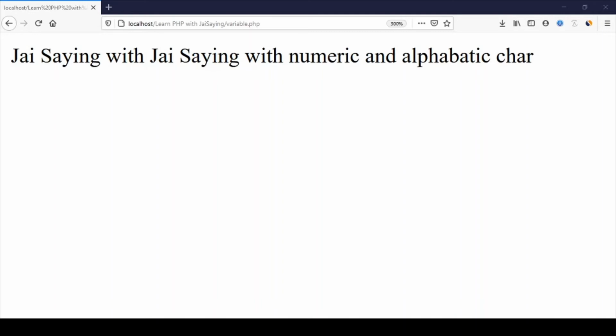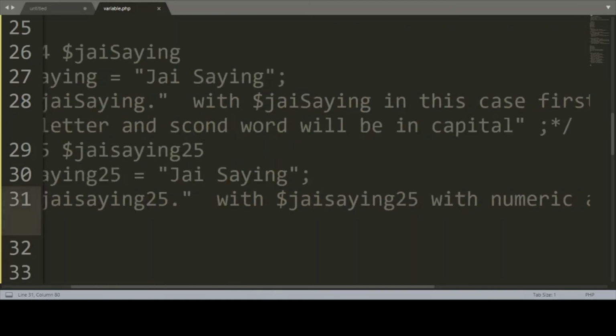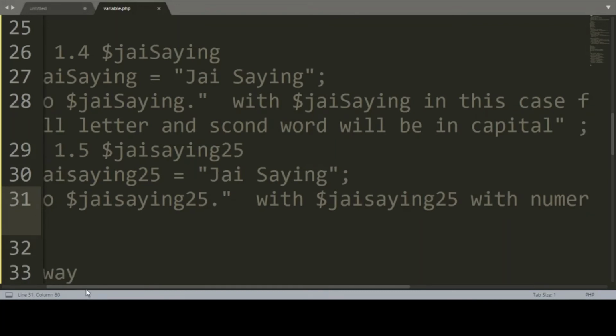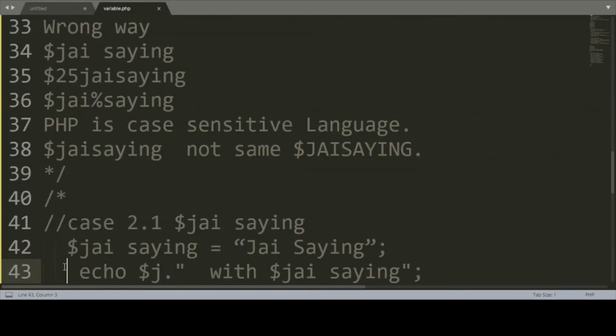Okay, so this is the wrong way. First case I'll explain. What is the first case?